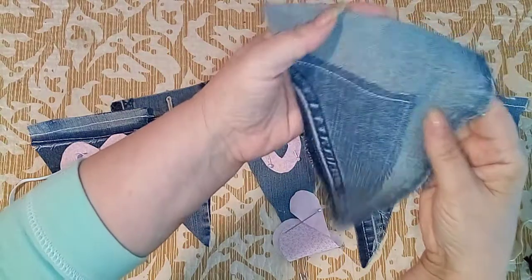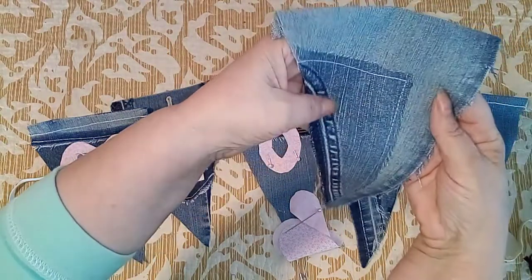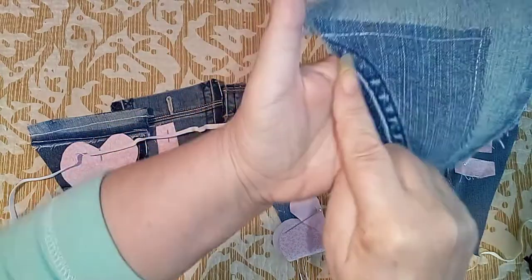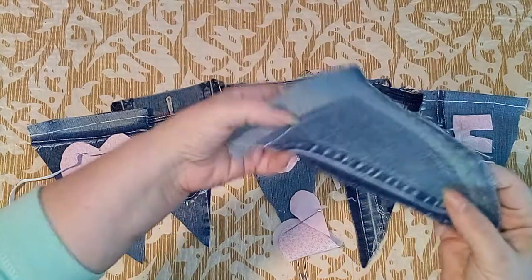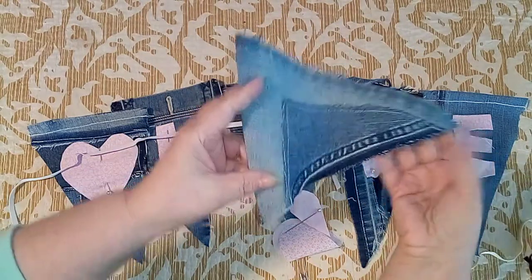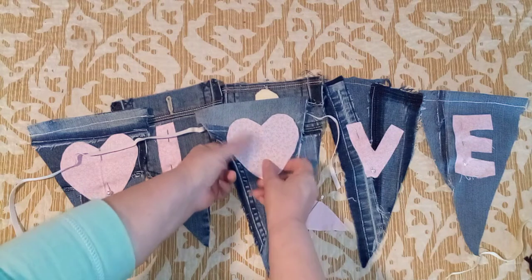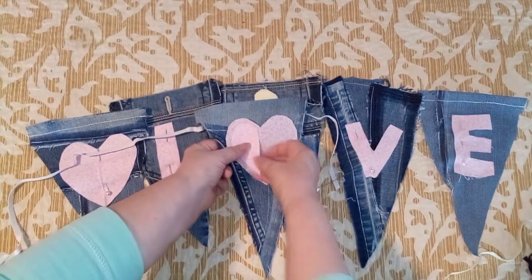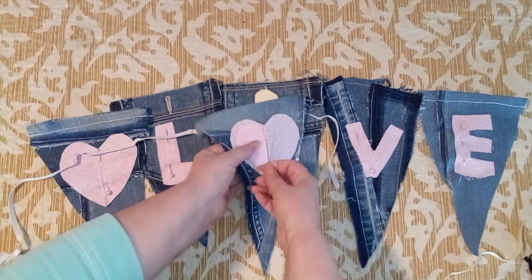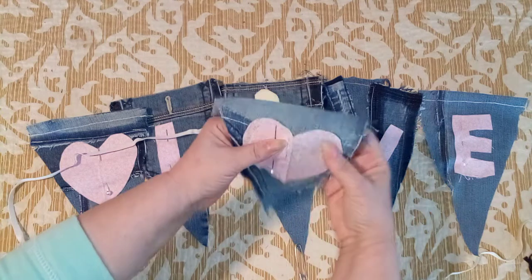So I turned them the way that they look nice, and they look nice this way, you know. So I just put them together. You can see the stitch. Here is the stitch. But what I did is I created a nice flag. Then I put the heart on top, and I didn't like it. I said, well, I need some character. And then I put another heart. You can use as many colors as you want to create a nice looking